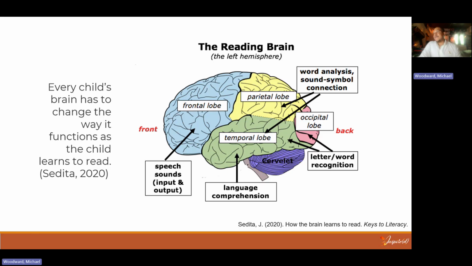So when we think about the brain and we think about the different parts of the brain and the different things that each of them does, in a sense,